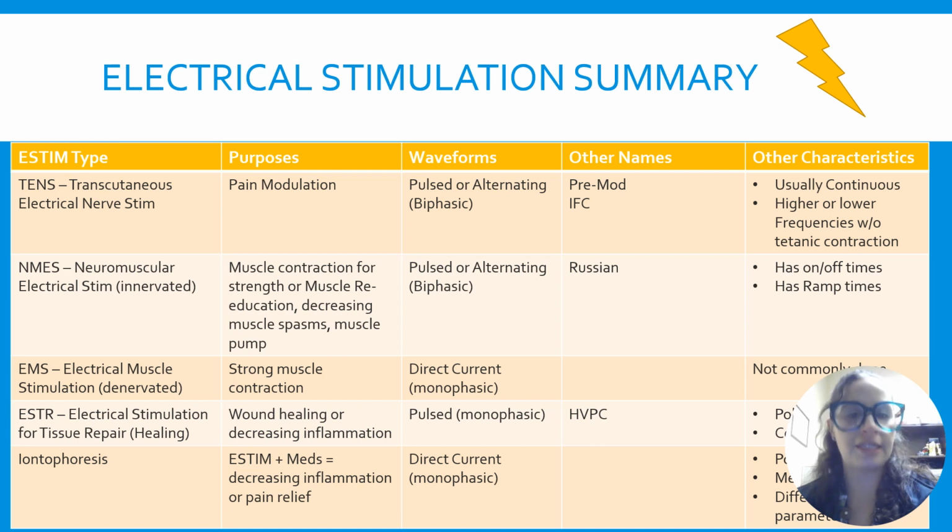EMS is electrical muscle stimulation. It's for direct stimulation to a muscle that does not have a connection to the nerve, a denervated muscle. It's a very strong, almost shocking muscle contraction that uses direct current, which is monophasic, not biphasic, because you don't want to cancel the charges out. You want the charges to be there so that it shocks the muscle. However, this is not even as commonly used, to the point that you don't gotta know too much about it